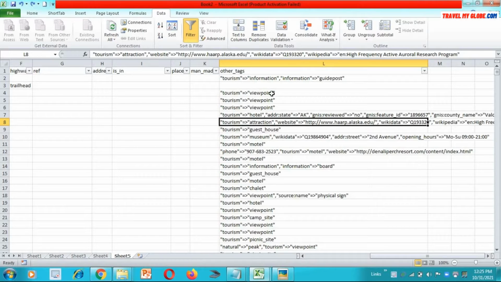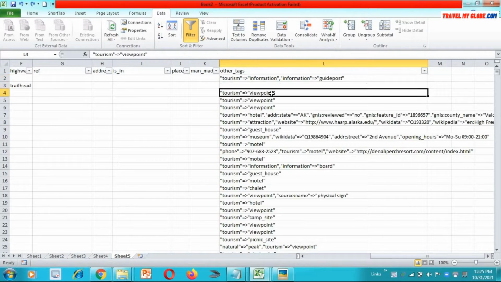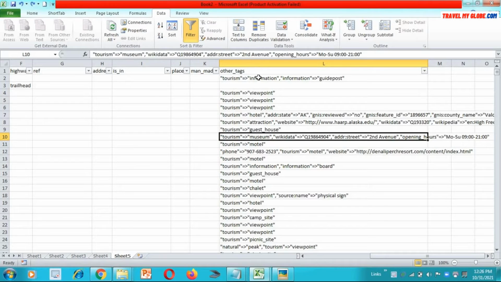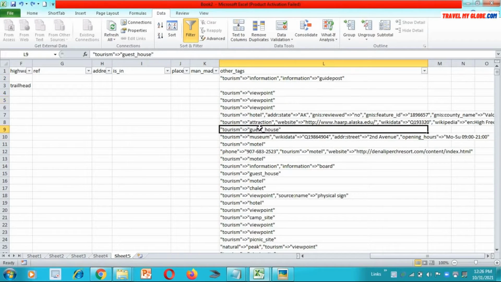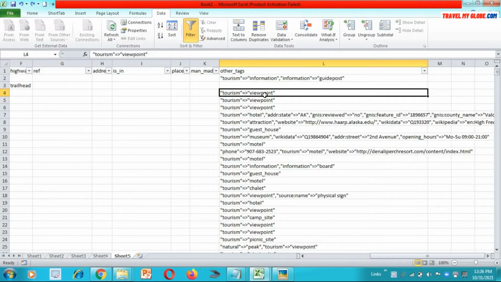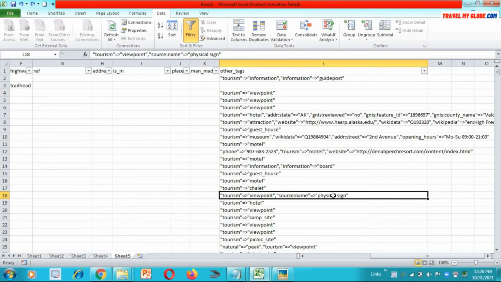But what if I'm going to work with text and my data is like this? On this column I want to apply a filter and I want to show the records with viewpoint. Okay, so how can I do that? This is viewpoint and this is viewpoint with some other text information, and I want all those records where viewpoint occurs. This is pretty tough if I do it manually. Is there any way to do that? Yes, of course we can do that with the filter option. This is the advanced filter option I'm going to share with you right now.